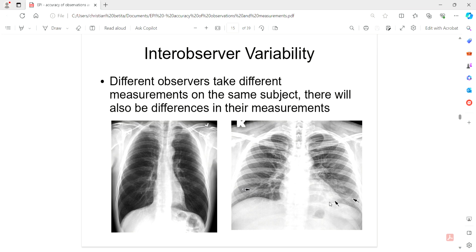So the left chest x-ray shows clear lung fields, and the one on the right may be read as either clear or it may be positive for bilateral lower lobe infiltrates depending on the reader. Okay, so some radiologists might read this as clear, some radiologists might read this as positive for bilateral lower lobe infiltrates, and those infiltrates are shown by the arrows. Alternatively, these could be blood vessels. Okay, so there are some people who will read this as positive for pneumonia. Others will read this as negative. Okay,